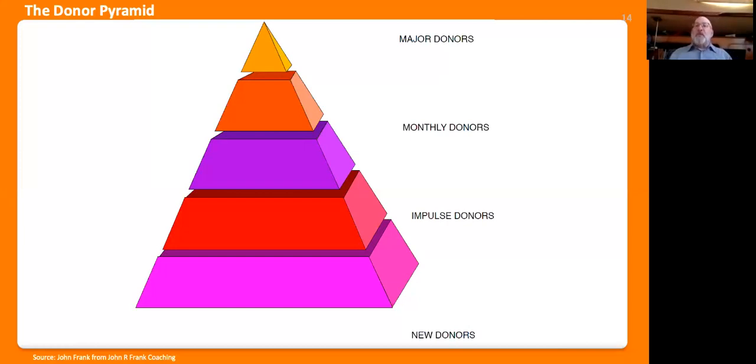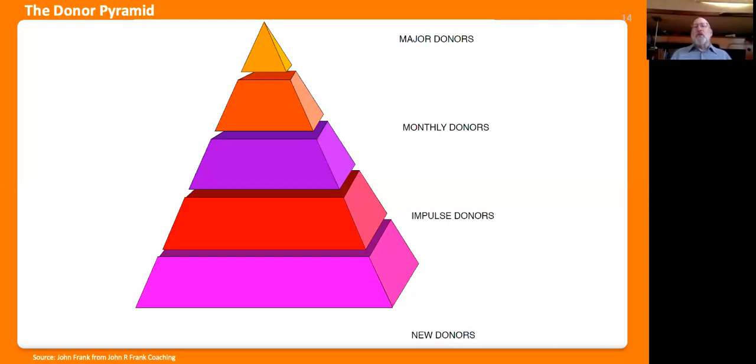But some people get upset and say, oh, you sent them too much mail. We need to cut out the mail. Well, that would work for major donors and monthly partners. They shouldn't get all that mail because they've already made a commitment to you. But if you stop your communication to impulse donors, you're basically going to forget about them and they're going to give to somebody else. So you are not offending impulse donors if you send them a monthly appeal. Because there are certain organizations like feeding programs, like children's programs, like rescue missions, they are receiving donor gifts every day. And that's what impulse donors are.